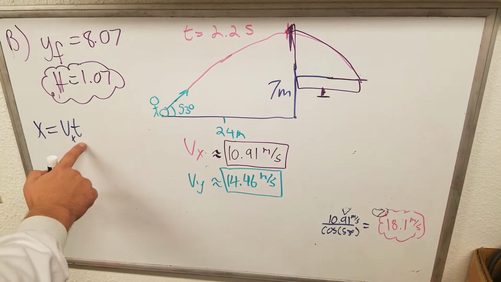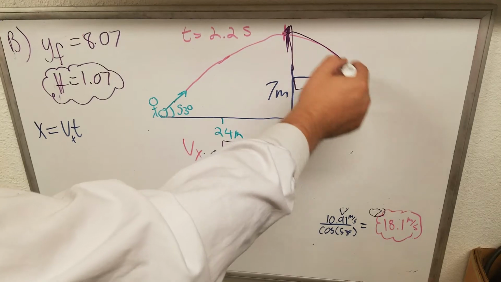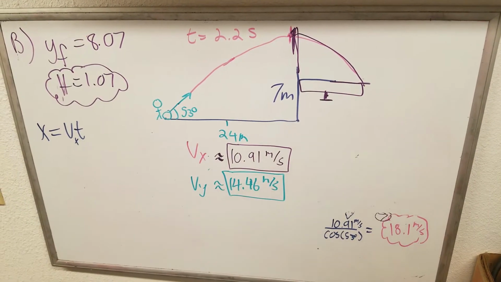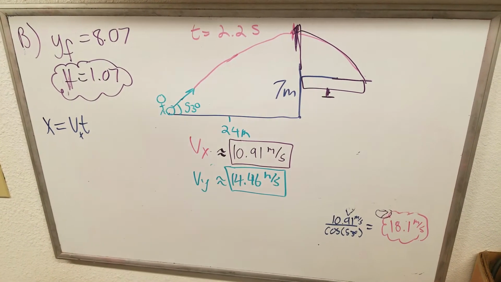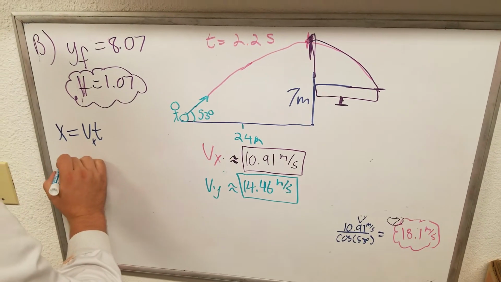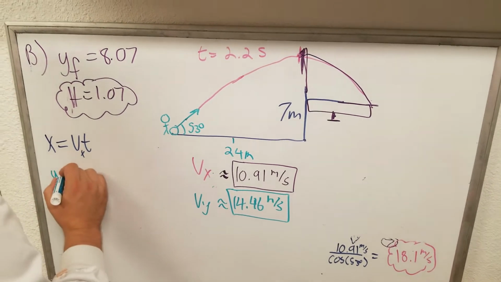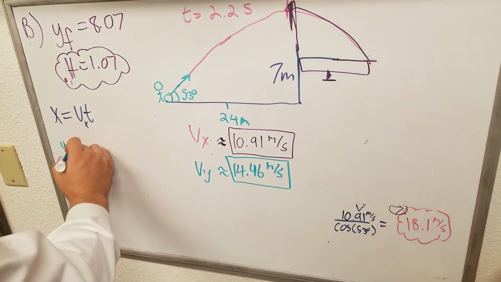So we know velocity. Well, the only thing we're missing is time. And of course, we know time up to here, but we have no idea how long it took to do this part. If we can find time, we just need to plug it in here. So the only way I know to find time that easily is to go back to our y equation, our distance, velocity, time, acceleration equation. Okay, it's the one that has everything in it, right? All right, so our y final,